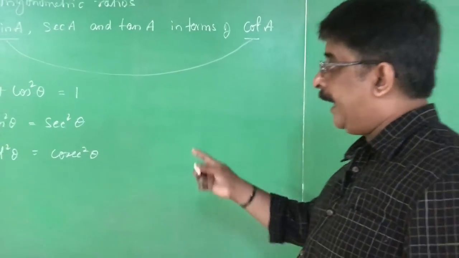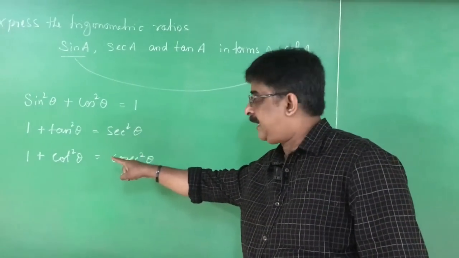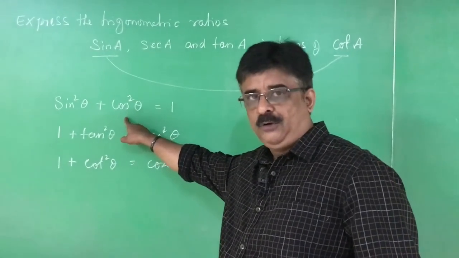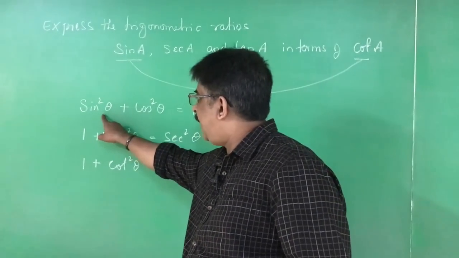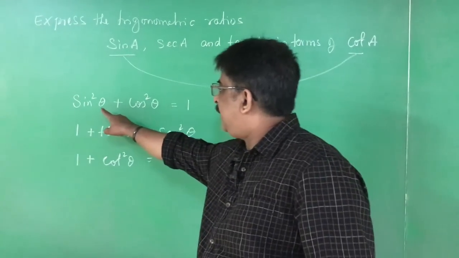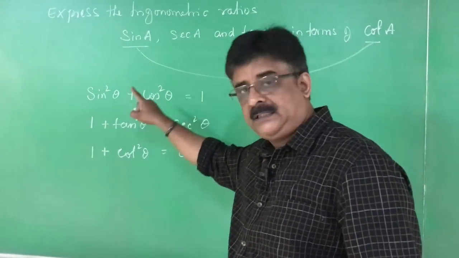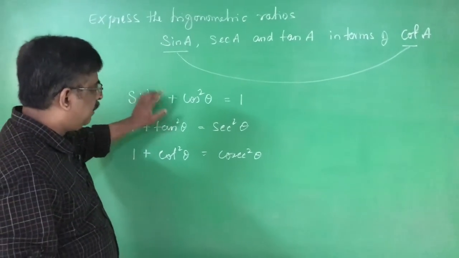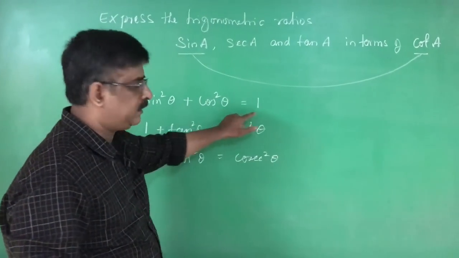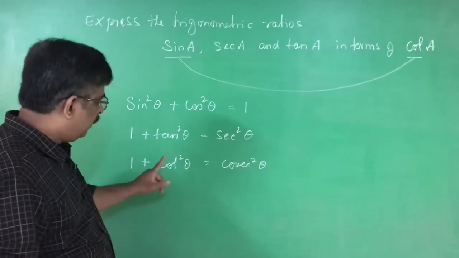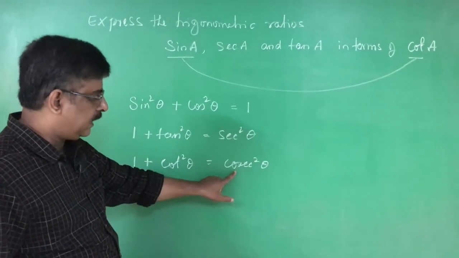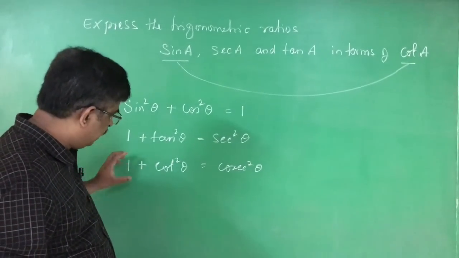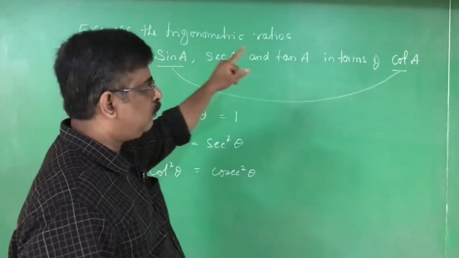First thing is you have to identify the identity. Which identity can be used? Okay, you may get a doubt. Sir, you can use this also, no? Here sine theta is there. Why can't you use this? Okay, I can see, if I use this one, sine theta is there, but there is no relation to the cot theta for this. But here, cot theta is there, and this is related to sine theta. Therefore, this is the better identity to express sine A in terms of cot A.